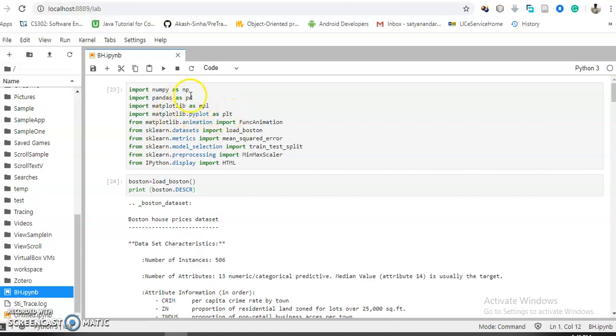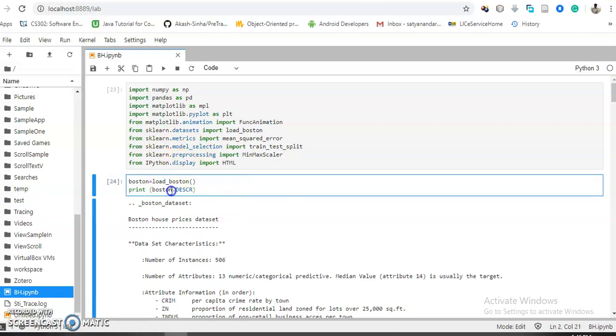I have created various local packages, and I have got data sets from sklearn. This loads the Boston data set. I have created a variable to store the metrics, a variable for model selection, and a variable for pre-processing and displaying the values.